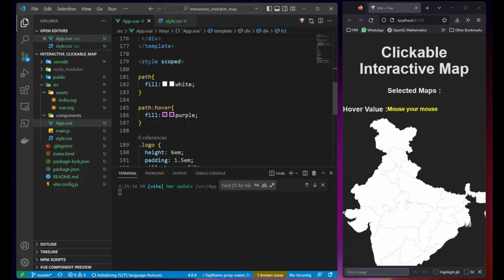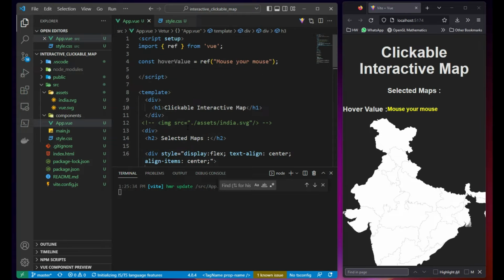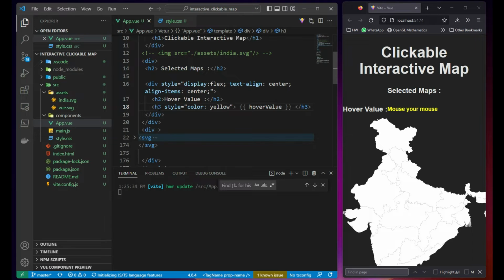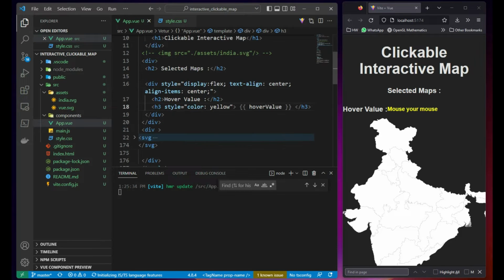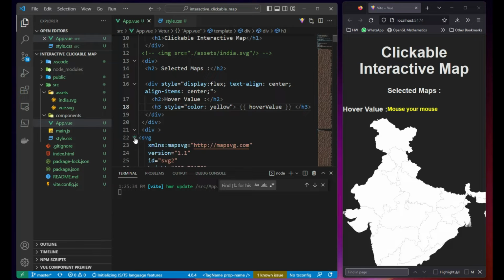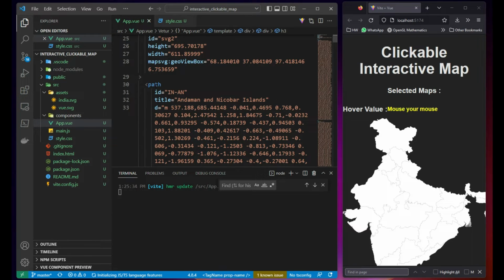Now get down here, and whenever you move the mouse over, you should be able to display that value, or bind that value to this hover value. First thing I can show how we can do, and this again can be done in different ways. First step,